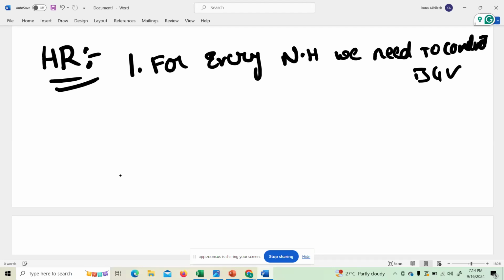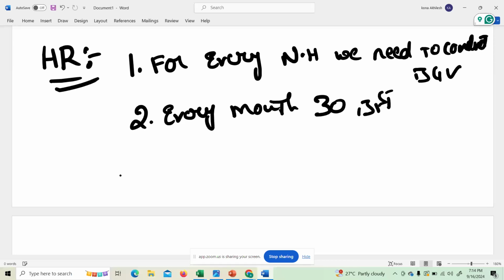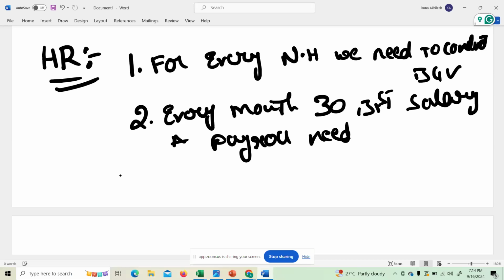This is control number one. Control number two is: every month end, 30th or 31st, salary needs to be credited, or payroll needs to be generated. This is the second control.